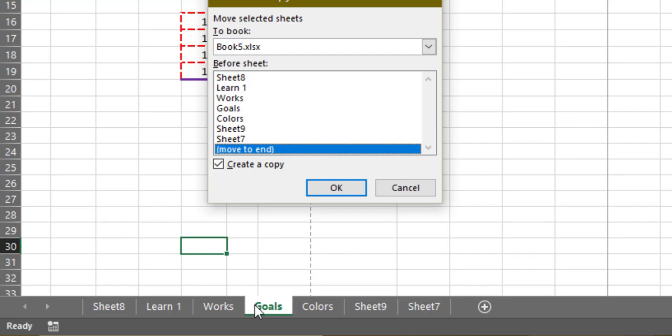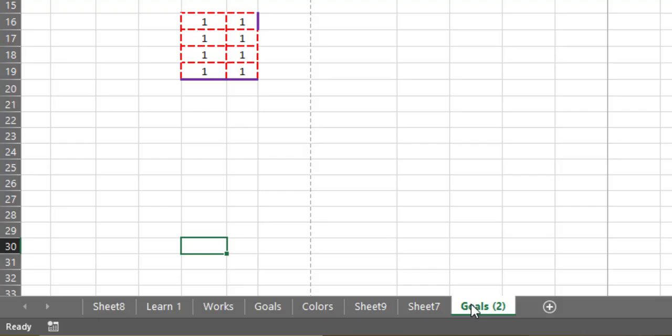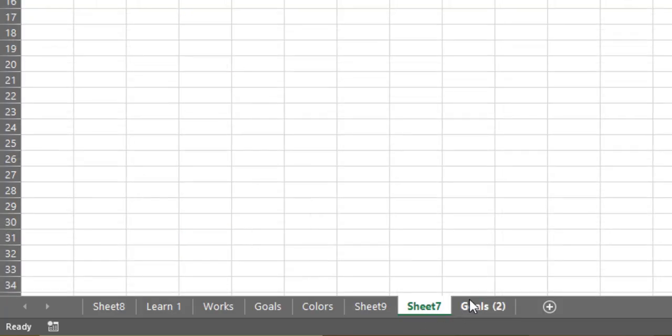So this sheet will be duplicated here with a different name, and it will be placed at the end of all the sheets. You can see here now the name is goals 2, and then we can rename this one to something else. So this is how you can move and copy sheets.